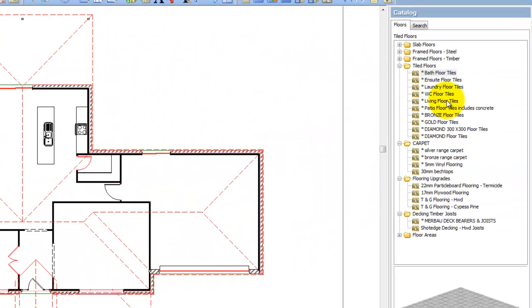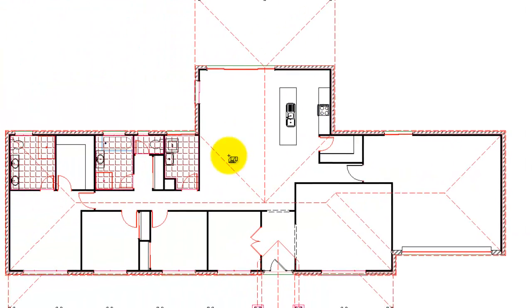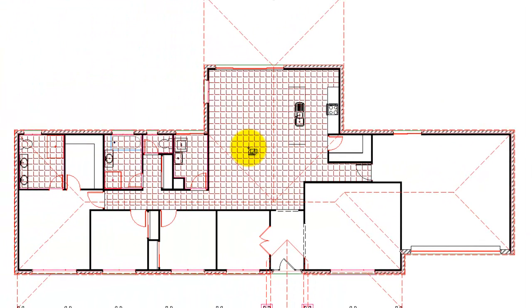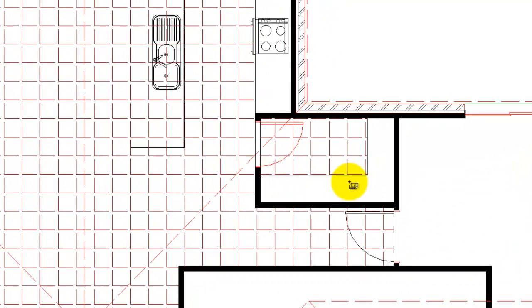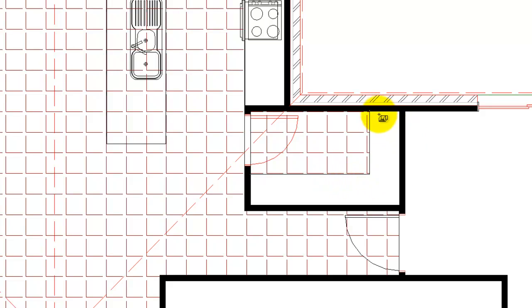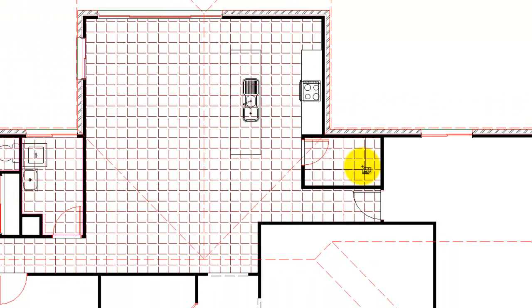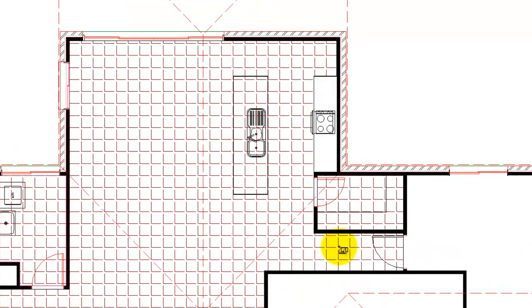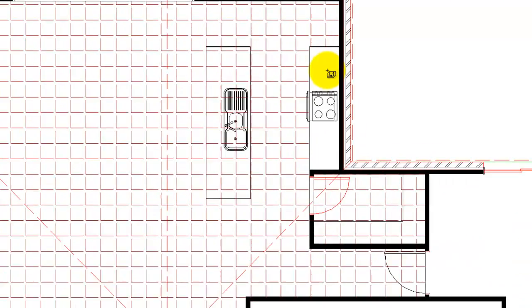We'll go down a bit further, we'll find living floor tiles. So we're going to put living floor tiles through the main area. We're going to put them in the walk-in pantry. Now this is why I put those construction lines, righto? So you've got to make sure you click inside them, so that way on the ground floor level I want everywhere covered with floor tiles. Okay, we'll fix up the visual of it later, but I need to put in every